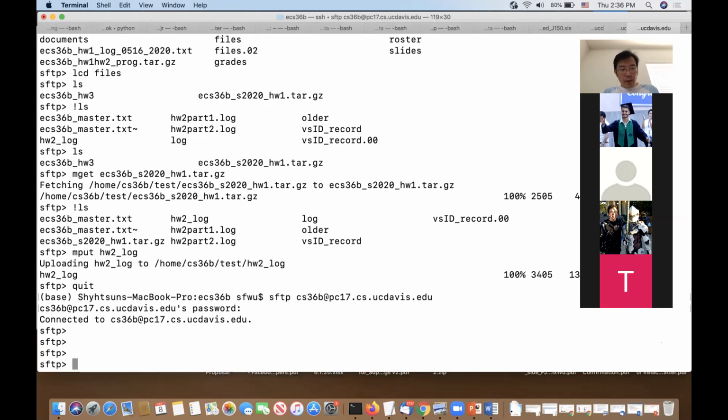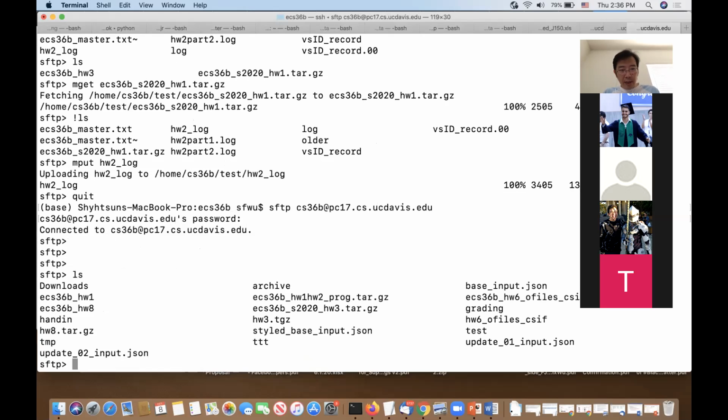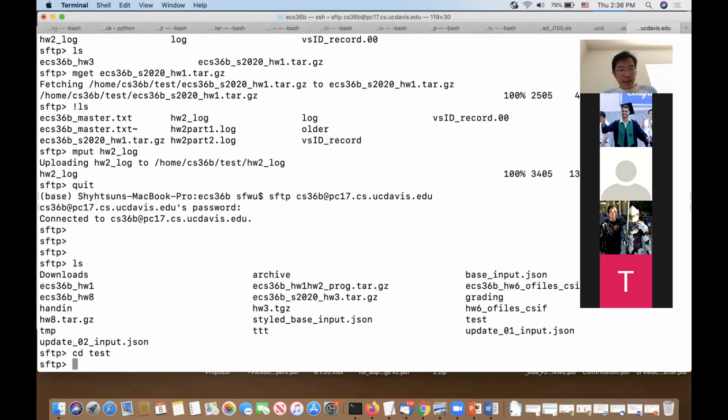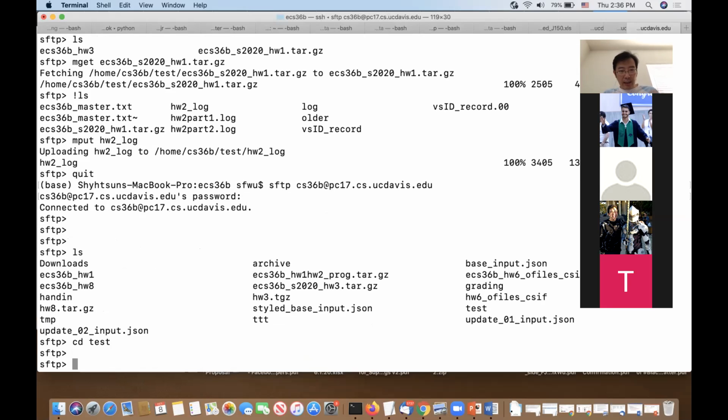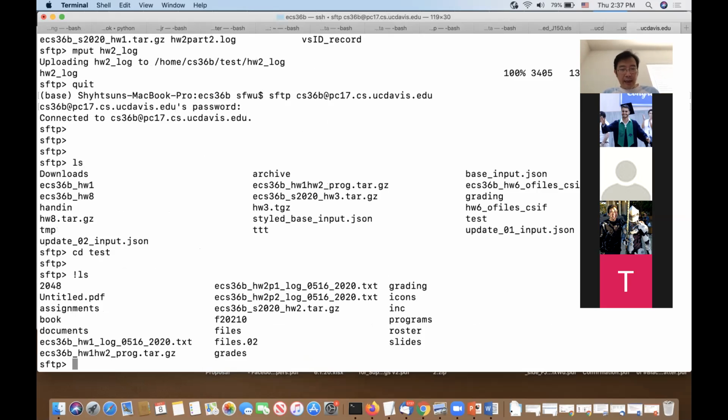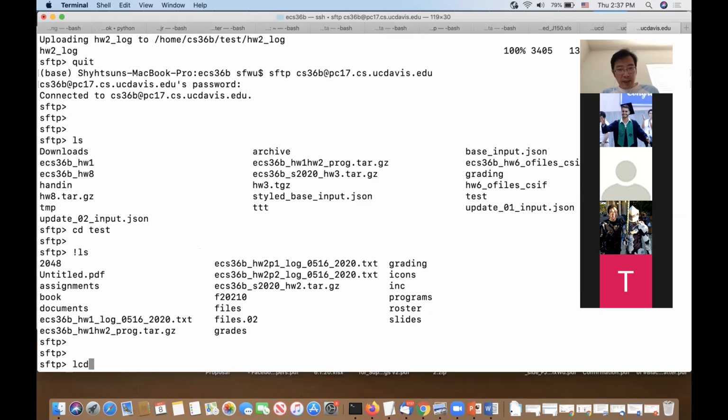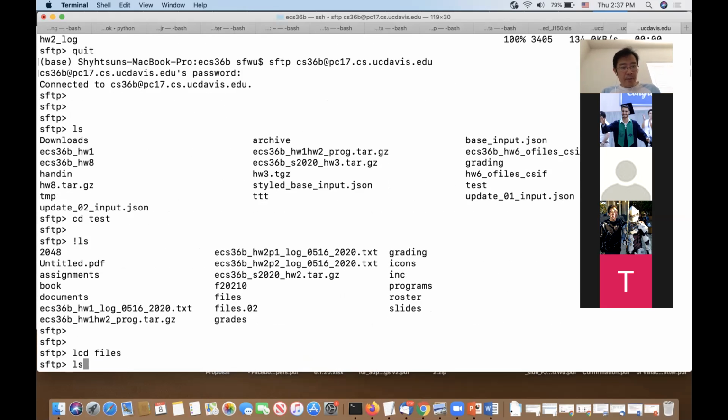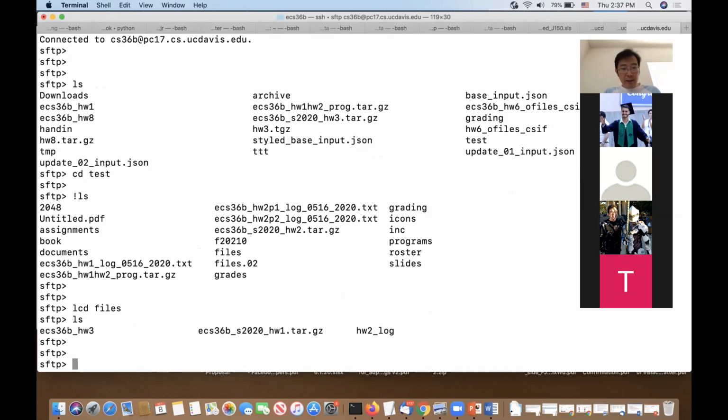Okay, so in the remote machine you can do the Unix commands such as ls, and you can cd the directory. You can actually move around, but you can also see your local directory. Explain ls will allow you to see your local directory where you are. You can also do lcd locally. You can change that to say files. Okay. And now I do ls, say I want to get the file,